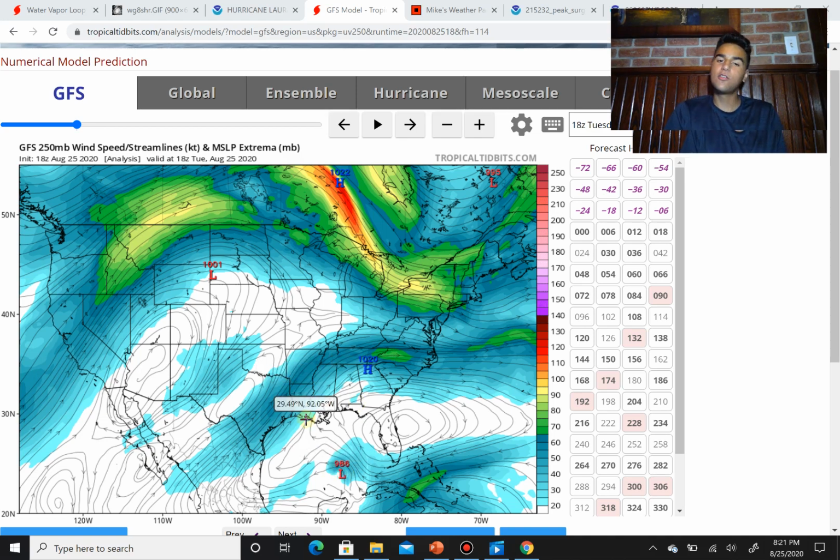However, I will say with confidence that Louisiana and Texas will experience impacts from this, and hurricane impacts are pretty much guaranteed at this point. And even as far east as Mississippi will experience storm surge impacts. So prepare now if you're along the extreme eastern portions of the Texas coast, and pretty much all throughout the Louisiana coast, and even as far east as Mississippi, since we